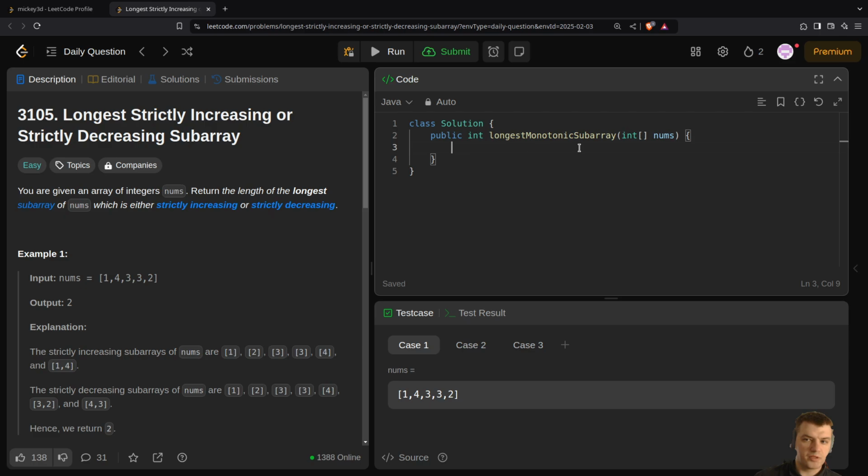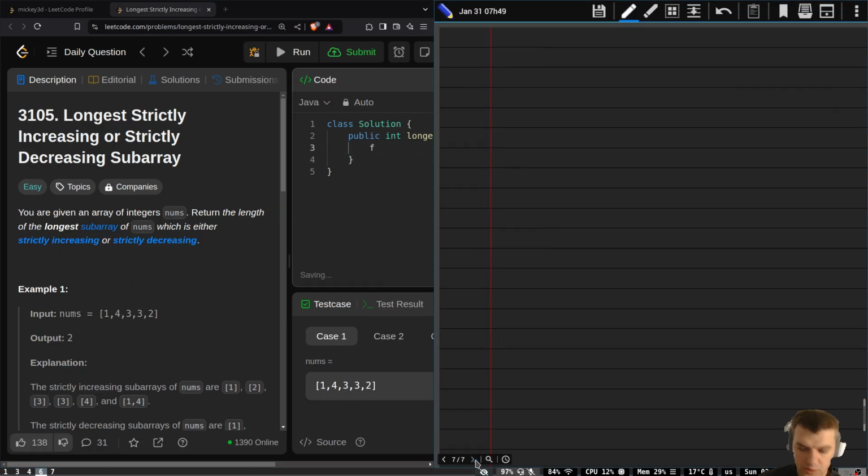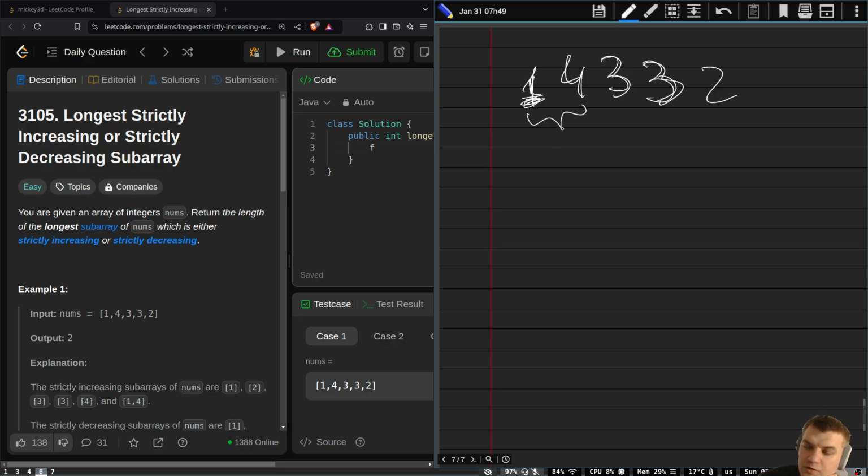So what I plan to do is let me check. So we have here 1, 4, 3, 3, 2, and I should figure out whether I should check, okay, what's the current one and the previous one value, and have this either increasing sequence or decreasing sequence,